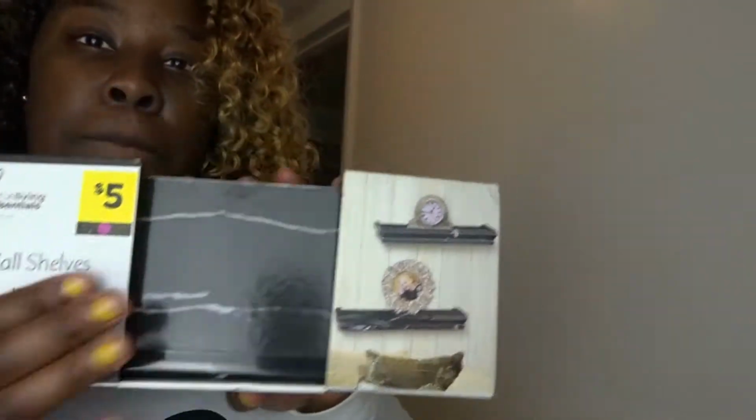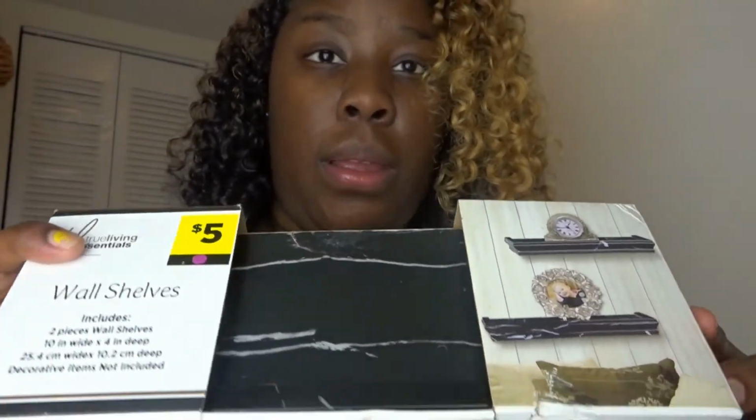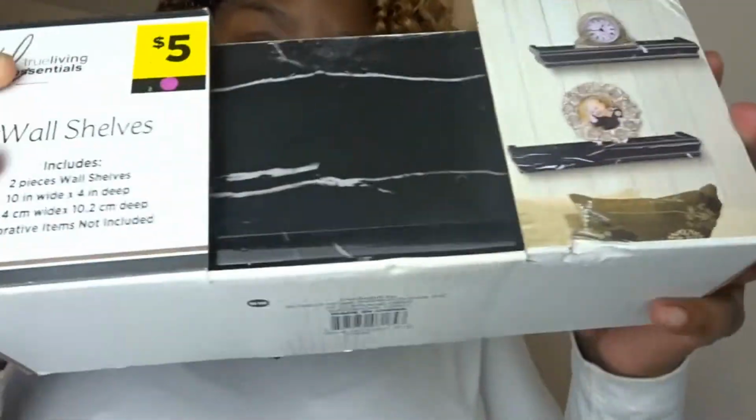This I already had. It was $5 and I got it for half off, so it was $2.50. But I already had this when I was first doing my decorating in my house, and it was $2.50. I might or might not use it. If I do use it, because I have no idea where it's gonna go,